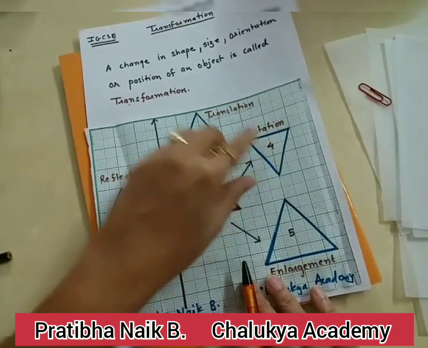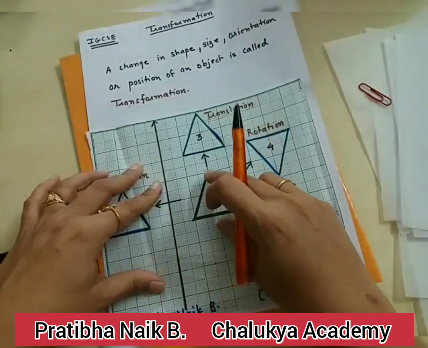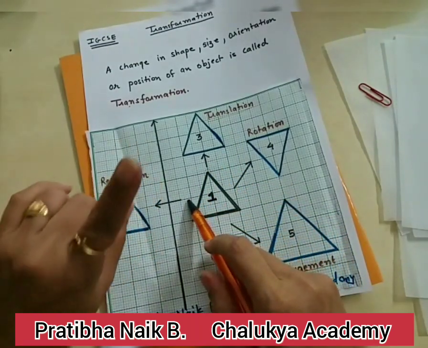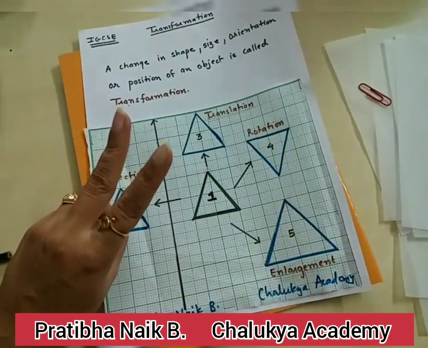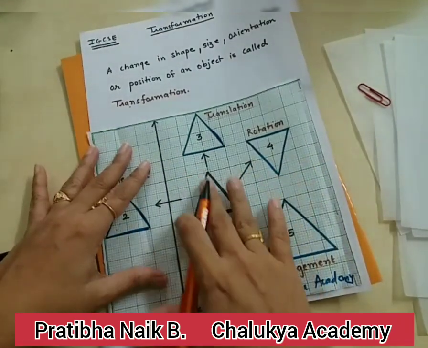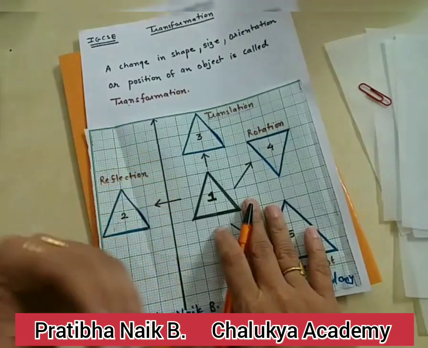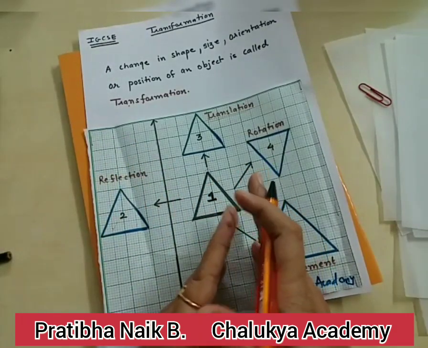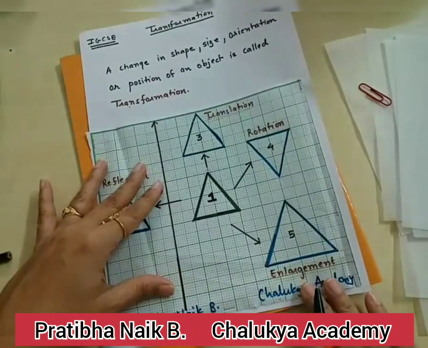Next, rotation. In case of rotation, we will rotate the object, either clockwise or anti-clockwise first. Second, to rotate clockwise or anti-clockwise, we need an angle. So through a specific angle, we will rotate the object either clockwise or anti-clockwise. And third, you will be given the origin. So you will be given the x and y coordinate. So with the help of that origin, you will rotate the figure. That is called rotation.